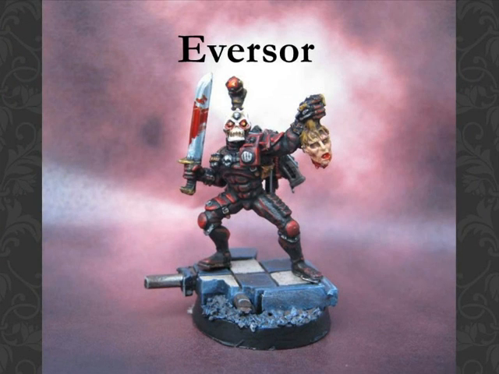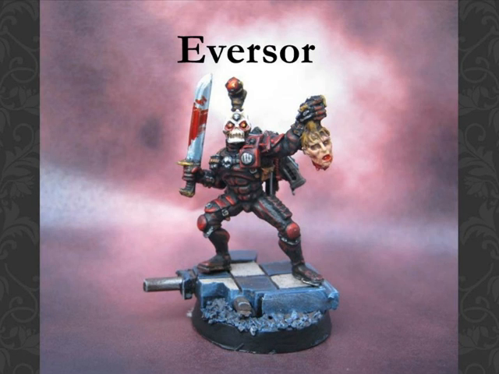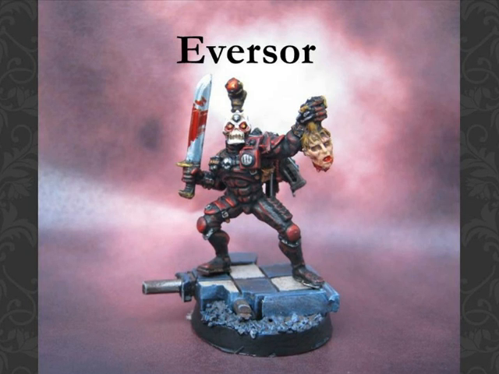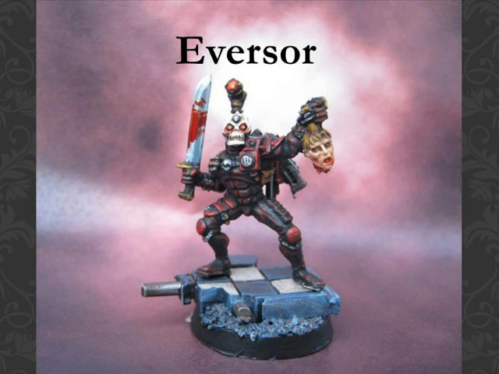Next one is the Eversor. This is another assassin that is quite good in close combat and also in short range shooting. So Eversor has a power sword and melta bombs, is Fearless, Feel No Pain, Infiltrate, Furious Charge, and Move Through Cover. He has Bio-Meltdown, so if Eversor is ever reduced to 0 wounds before removing the model as a casualty, each